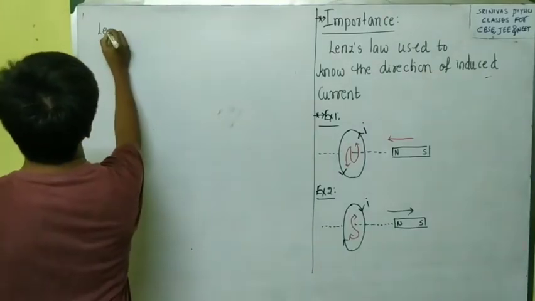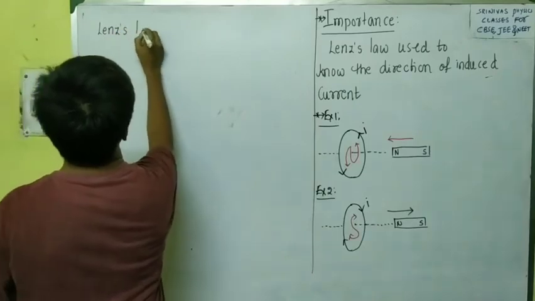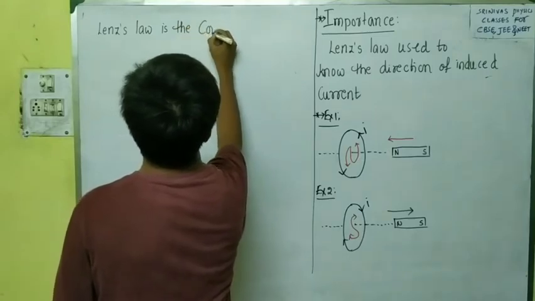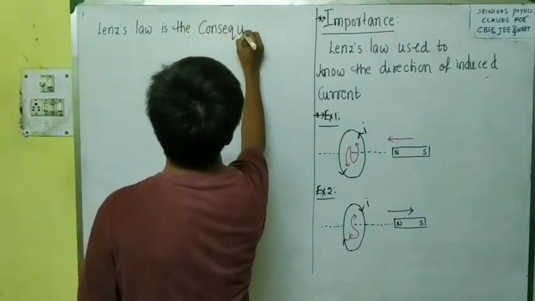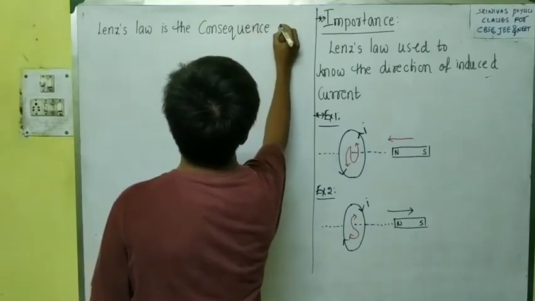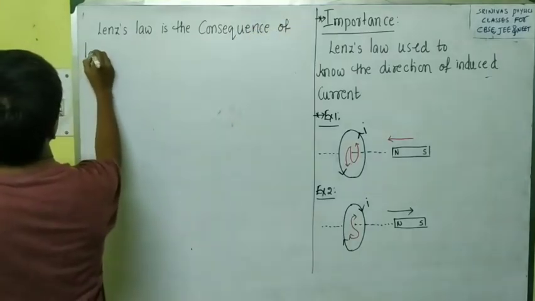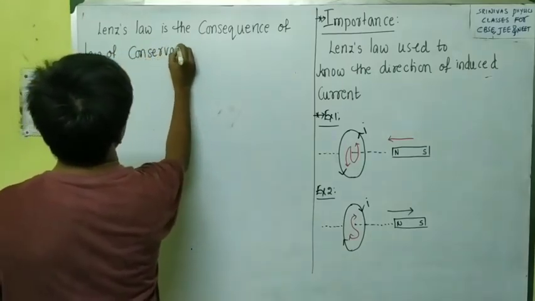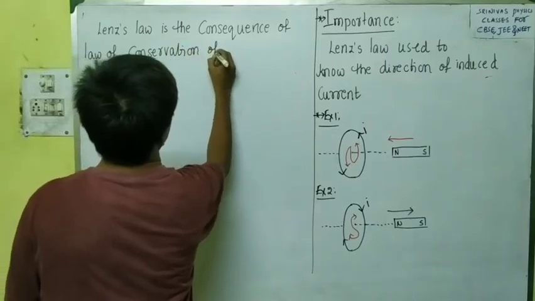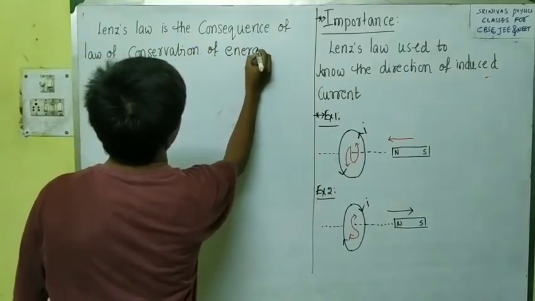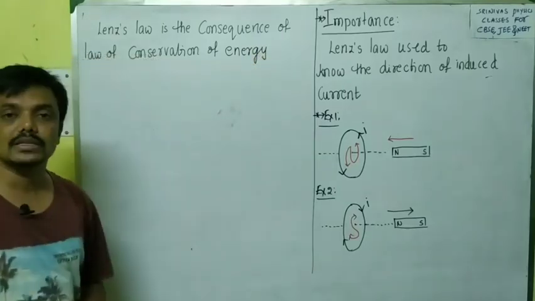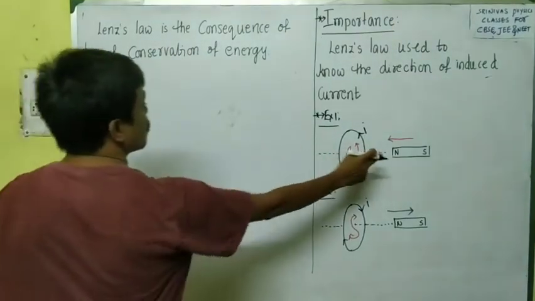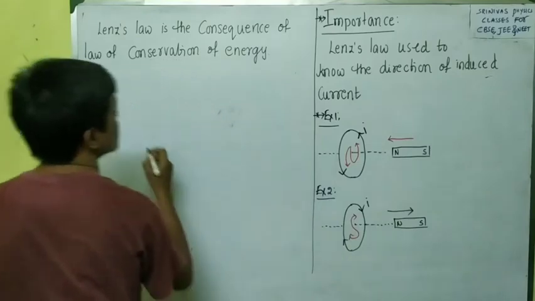Lenz law is the consequence of the law of conservation of energy. How is it the consequence of the law of conservation of energy? It is very simple to remember that when we throw any magnet towards this loop, the loss